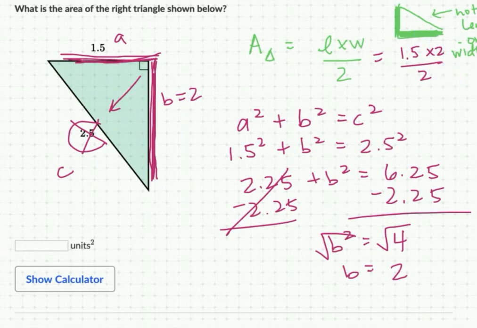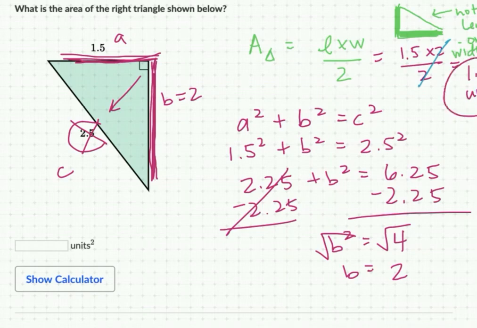Now here I'm going to do something fun, and by fun it's not really that fun. Instead of putting all this in my calculator, I notice I have multiply by 2, and then I also divide by 2 later. So to save some unnecessary work, I'm just going to cancel out those two, just like in algebra. Multiply by 2 and divide by 2 is going to give you the same answer at the end anyways. So the answer is 1.5